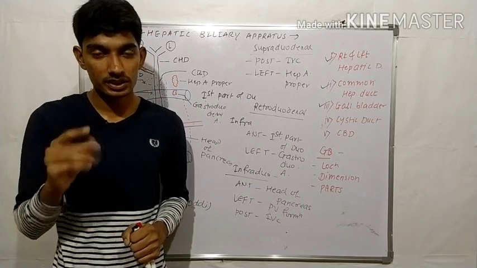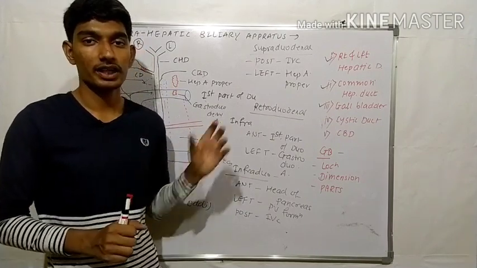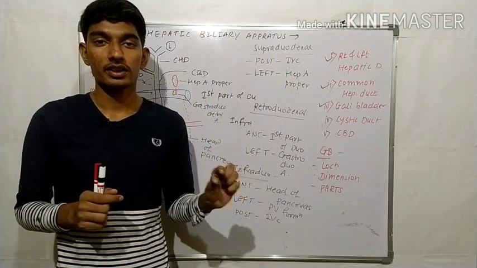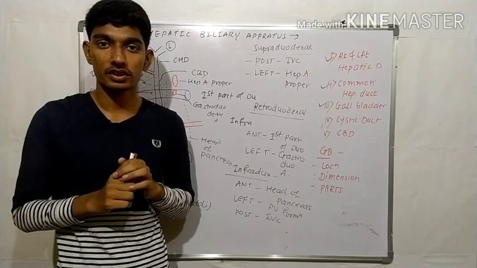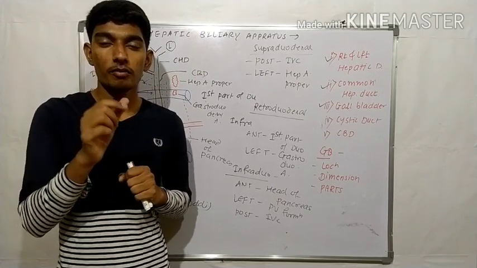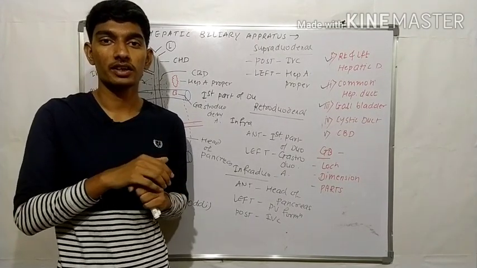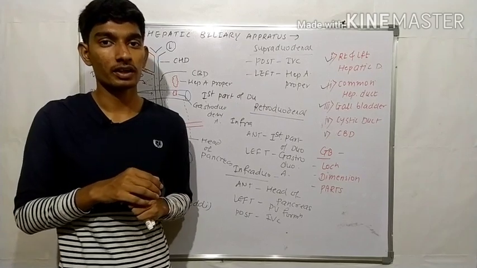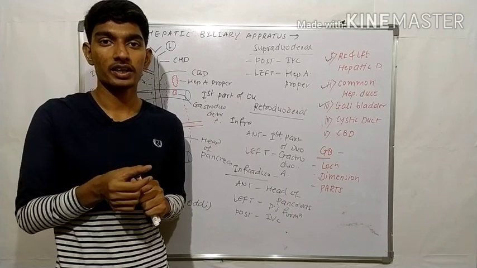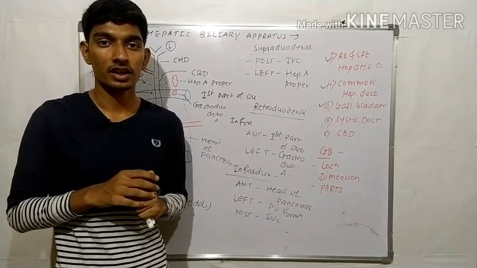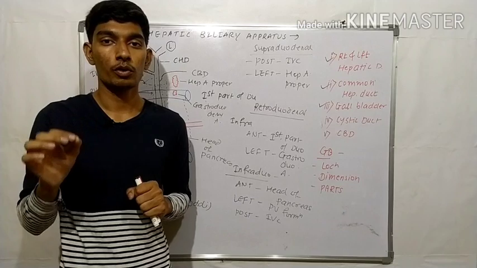Okay, now let us revise the common bile duct and its relations quickly. We have studied that the right and left hepatic ducts join together to form the common hepatic duct. This common hepatic duct joins with the cystic duct to form the common bile duct. The common bile duct joins with the pancreatic duct and forms the hepatopancreatic duct, which opens near the major duodenal papilla. The opening of the common bile duct is guarded by the sphincter of Boyden, and the opening of the pancreatic duct is guarded by the sphincter pancreaticus. After joining, it forms the hepatopancreatic duct, and the opening is guarded by the sphincter of Oddi.